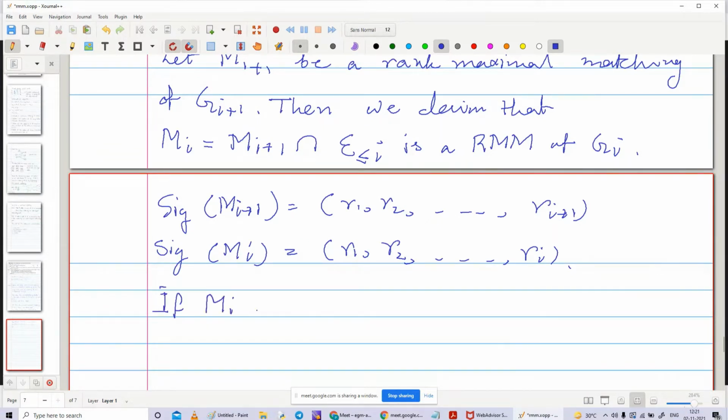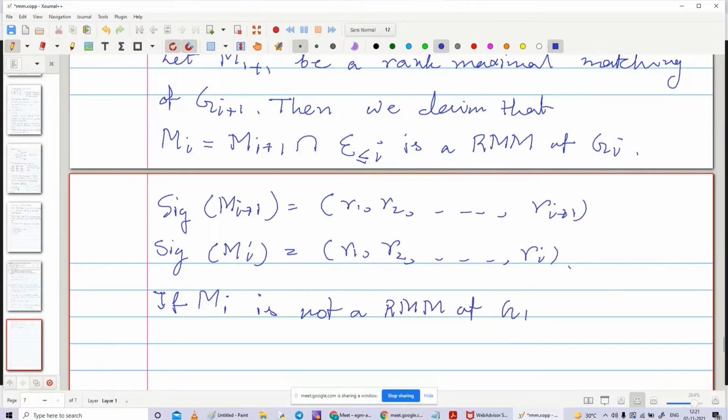Exactly, you're correct. So if Mi is not a rank maximal matching of Gi, then